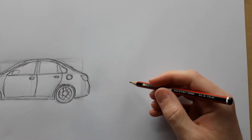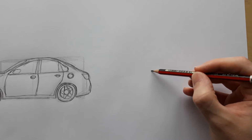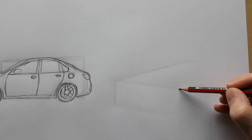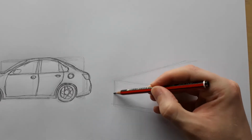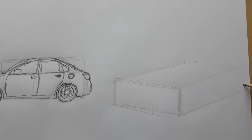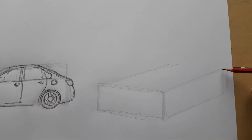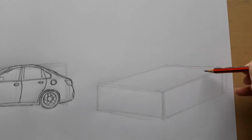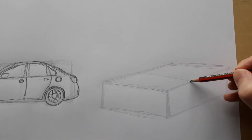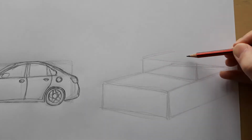So we need similar shapes, but, well, it's a similar idea. You have to sort of get it into your head that it is not the same shapes, but it's a similar idea in that we have a largish 3D rectangular shape. See, is that long enough? Yep. Almost off the edge of the page. So we've got one rectangle, well, 3D sort of oblong shape,